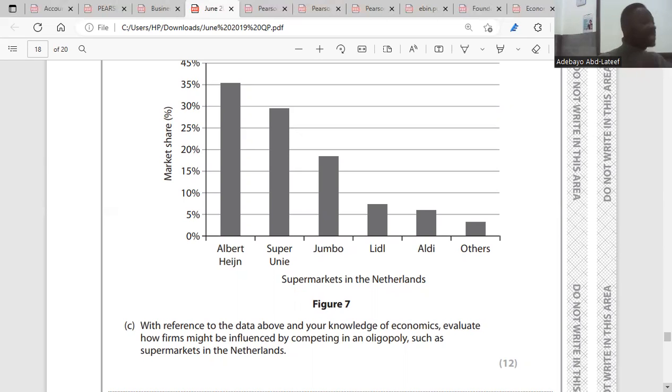But what are the problems the large firms can face with oligopoly? One, smaller firms might start thinking of having a niche market. A niche market is a market for specific customers. So instead of them continuing to produce the same product as others, they will specialize on certain aspects of the product or specific customers. Another problem is that these large firms might also face non-pricing factors, such as customer loyalty,